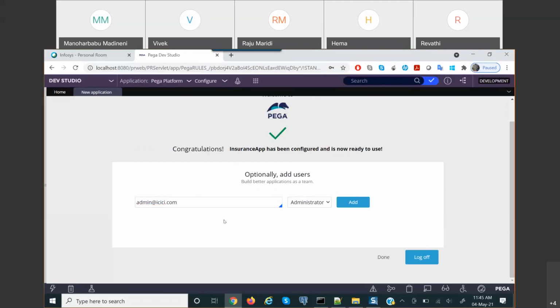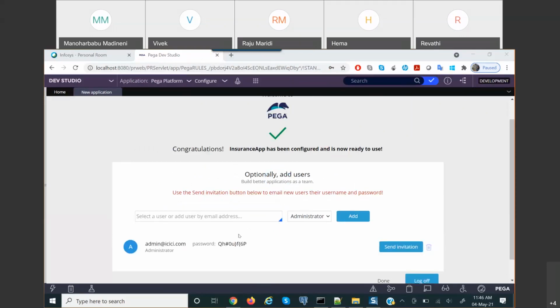So click on add, and we can add multiple. We can create multiple users here. It will create an auto-generated password that we will need to change later. You can copy those two in a notepad. Sure, sure.